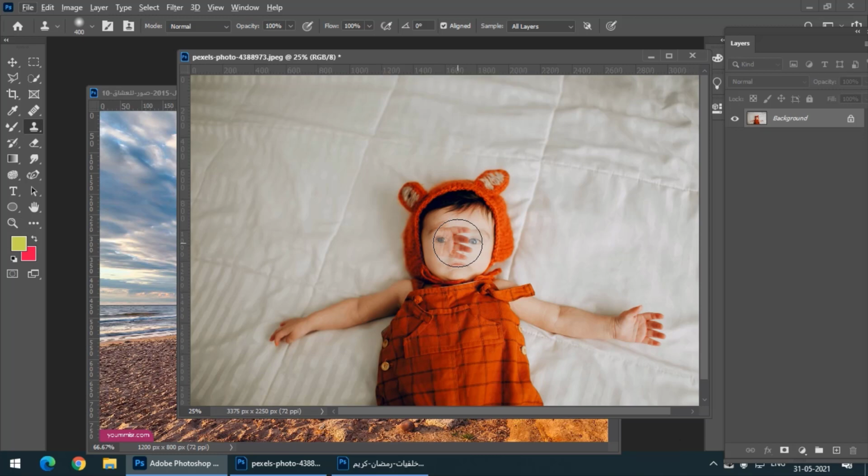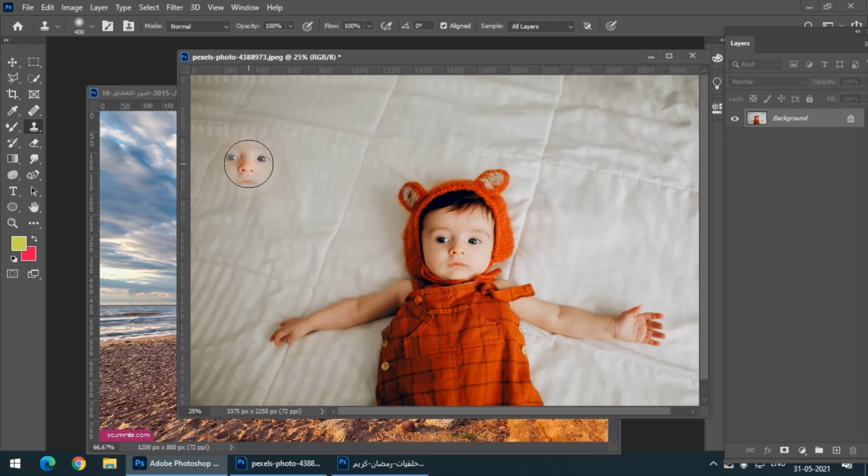We have to press and hold the Alt key or the Option key on the Mac and left click on the source, whatever source we want, just like when we take the screenshot on our mobile phones. But we have to place our pointer or cursor and press and hold Alt key and left click on it and leave the left click.